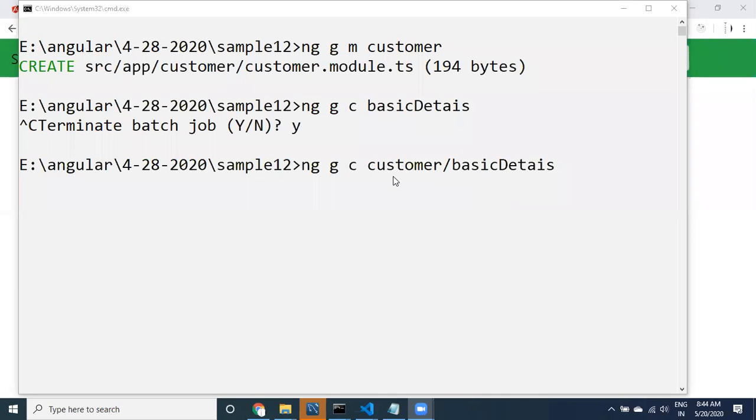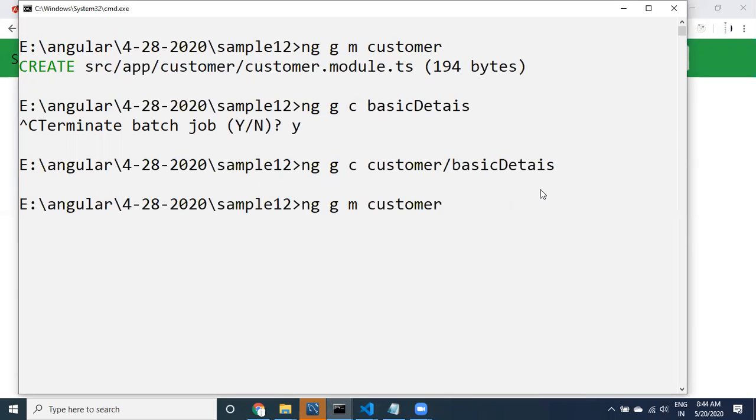Oh, spelling mistake. Okay, customer slash, I'm going to say just details. Hit the command.